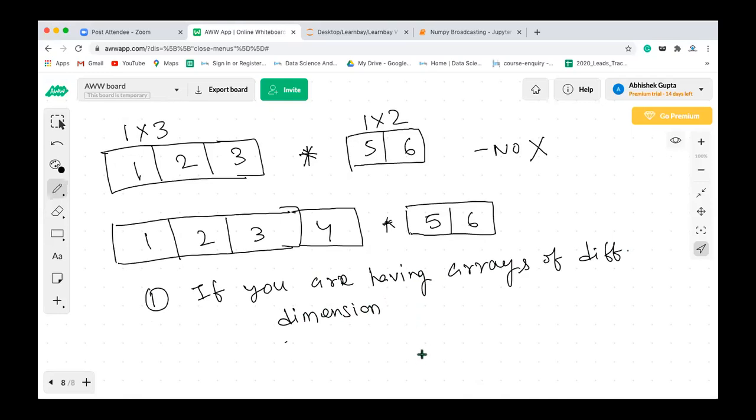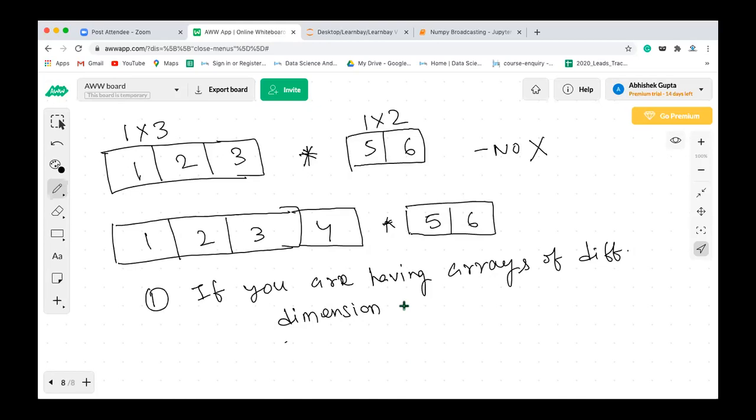Arrays of different dimension, then the array of the lower dimension. So let's say you have an array of 3 cross 3 and you have an array of 1 cross 3. Then the array of the lower dimension. What is the lower dimension? 1 cross 3 is the lower dimension, correct?